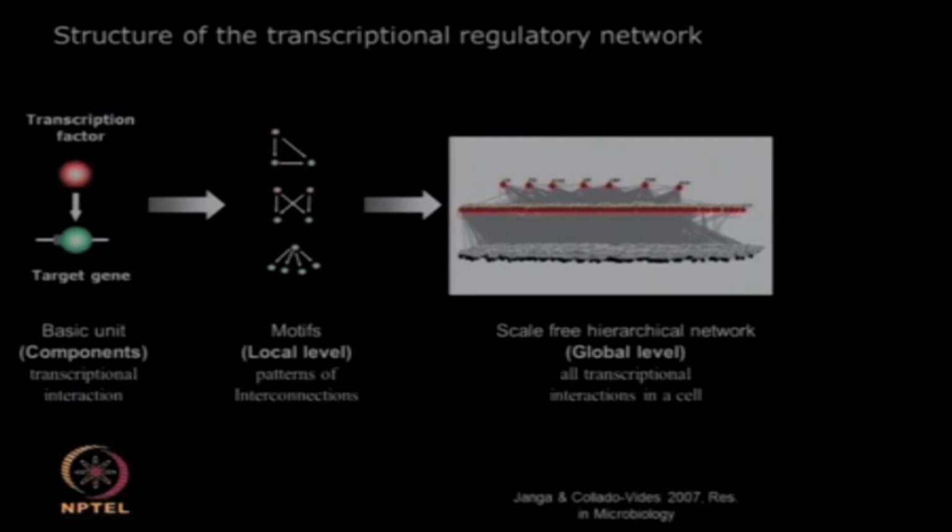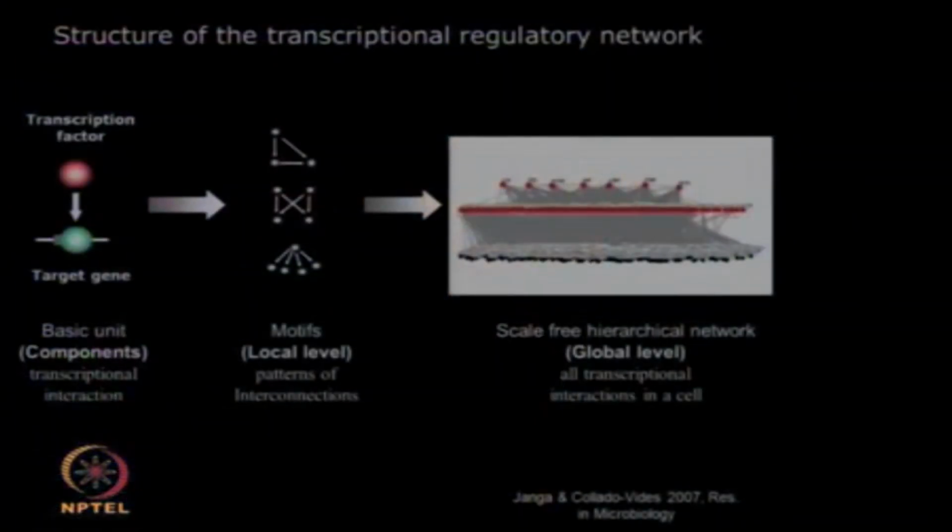So, in a way, there are transcription factors which are at the top of the system, there are transcription factors which are controlled by this top layer, and there are subsequent layers. The number of layers in such a hierarchical structure depends on the complexity of the system. Now, in between the top and the bottom layer,